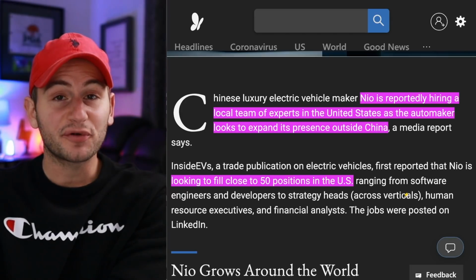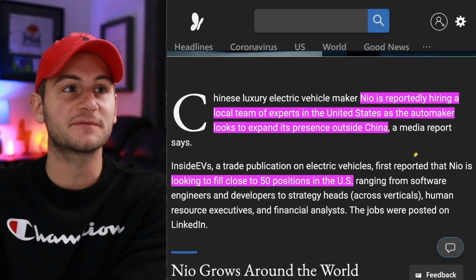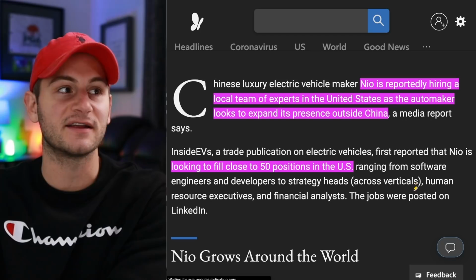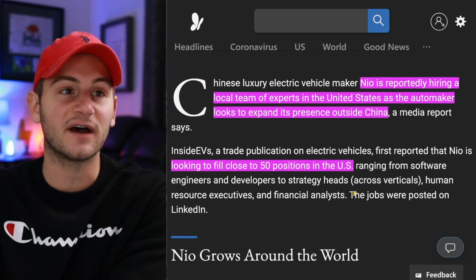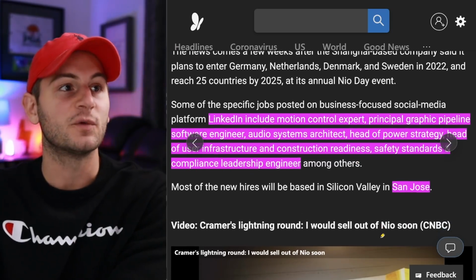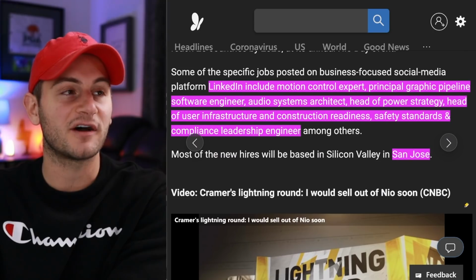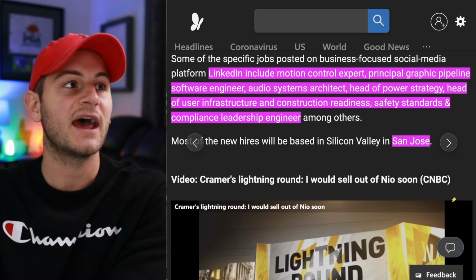Here we get some pretty exciting news from NIO, reportedly hiring a local team of experts in the US as the automaker looks to expand its presence outside of China. They're looking to fill around 50 positions in the United States, and some of those positions are on LinkedIn, which include a motion control expert, principal graphic pipeline software engineer, audio systems architect, head of power strategy, head of user